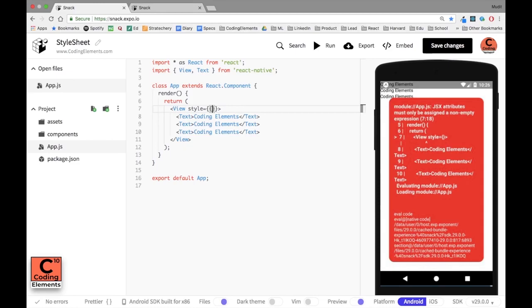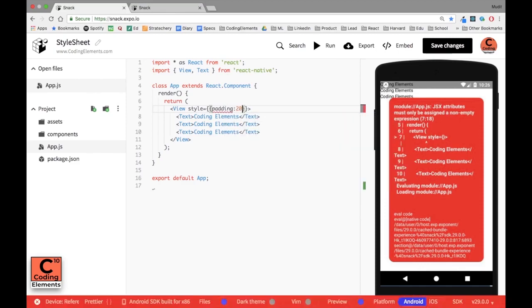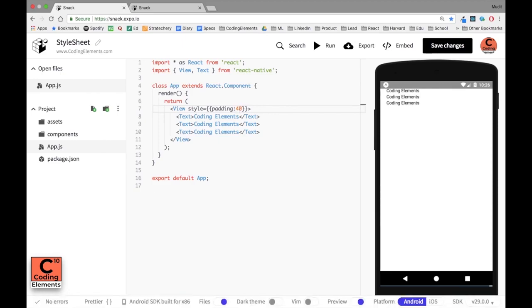So now we'll be passing in key value pairs in these brackets, and the first styling property that we'll be using is padding, and the value I'll be using for padding is 20. Now you can see that with padding 20, the text has been shifted inwards. Now this padding is applied on the top and the left, and in fact it's applied to the right and the bottom part of the screen as well. However, we might not be able to see it. Now as I change the padding from 20 to 40, the text would shift even more inwards into the screen, and there you go.